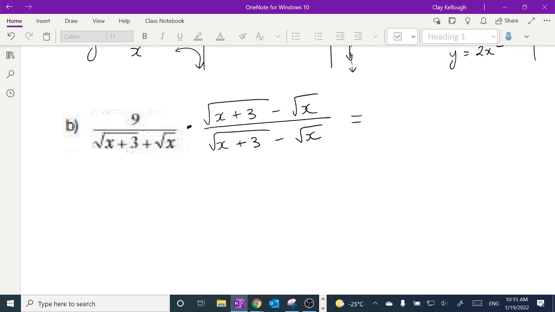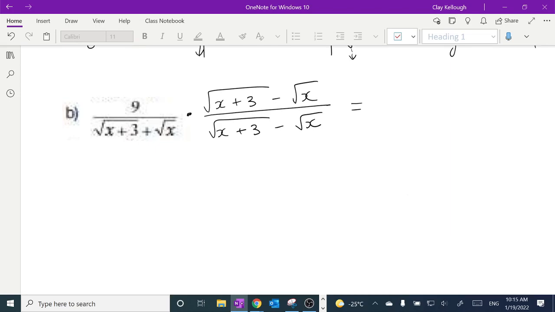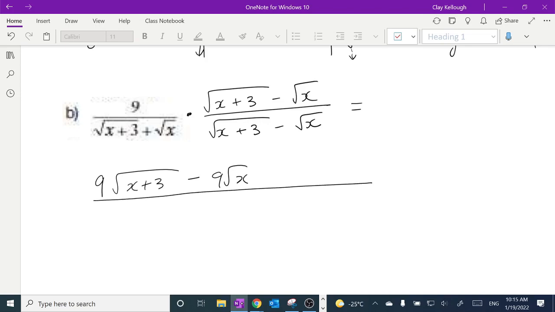All right, what does this look like? Well, it's going to be 9 times the two things on top, which isn't going to do very much other than put 9s on these things. But the denominator is where the real action is. I know that when I have a plus b times a minus b, I won't get a middle term. I'll just get a squared minus b squared. So think of this as the a, that is the b. I know that my denominator will just be x plus 3